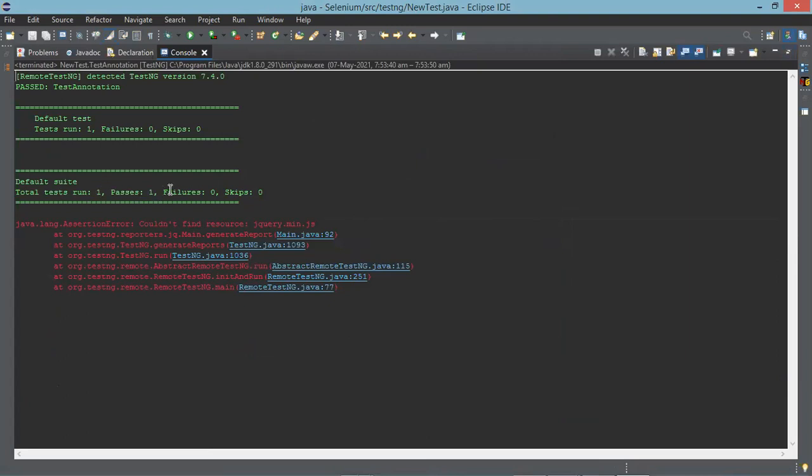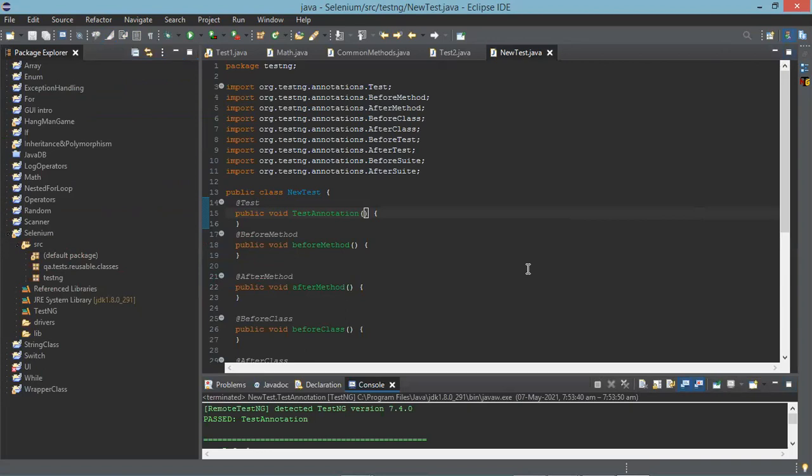What they are taking here is control of your actual test annotation, whatever we have changed now. The test annotation is considered as an execution. You can see here it says passed, test one. The annotation is the method, the test annotation you have changed, right? That one. Now minimize this.